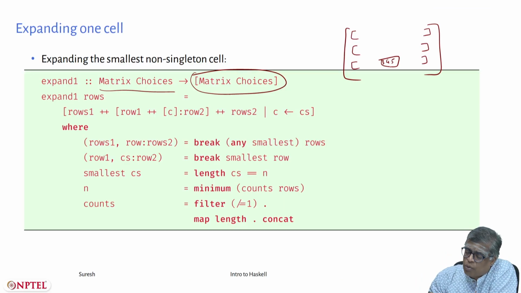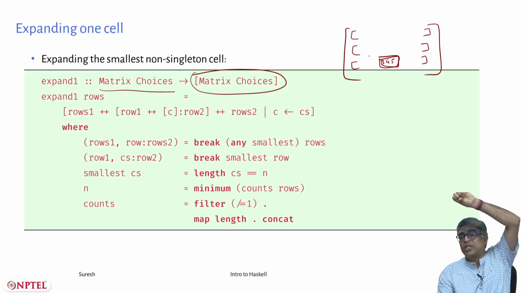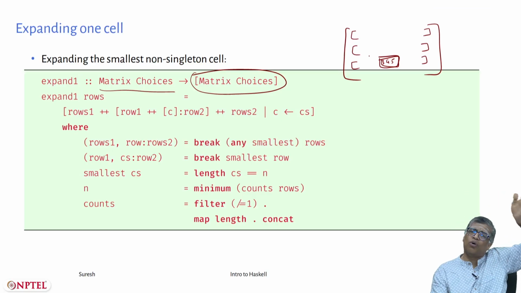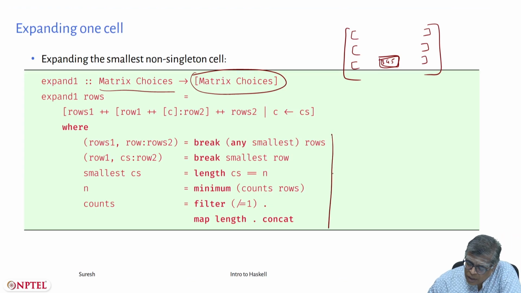But this is the first. How do you find out the first? Keep going by each row. Look at the first row which has a cell which has only 3 elements, and look at the leftmost such cell. This is what we want to do. From top to bottom, look at the first row where one of the cells has the least number of choices, and in that row go from left to right and pick whichever cell it is, the leftmost cell which has that many choices. And that is all that has been programmed in this.